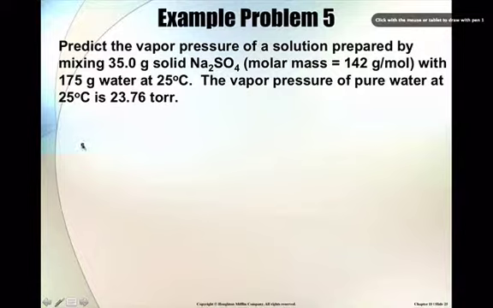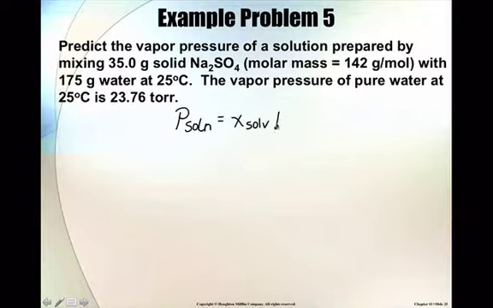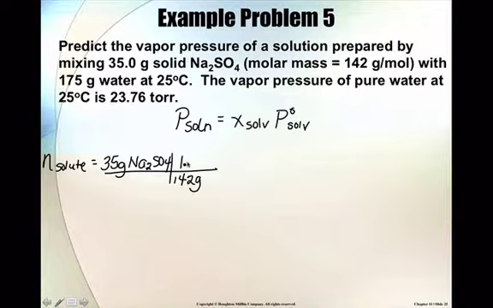So the first thing I'm going to do is think of the equation I want to use, which is the same one that I did for example problem 4. We have the solvent and then the vapor pressure of the pure solvent. And then I need to find the moles of my solute and the moles of my solvent. Well, the moles of my solute, I have 35 grams of sodium sulfate. They told me that its molar mass is 142. So that gets me